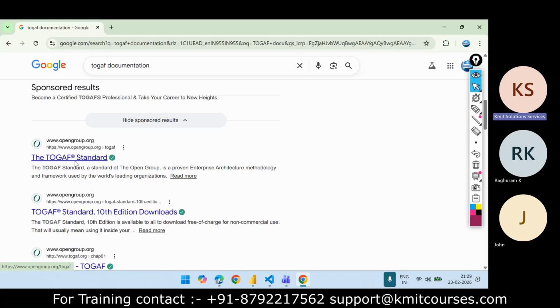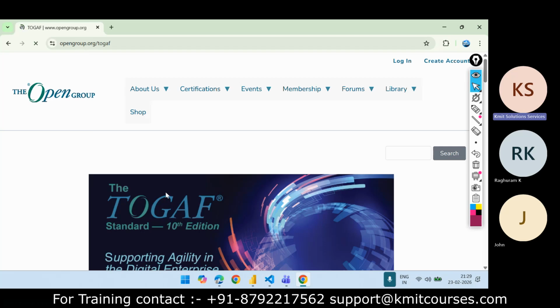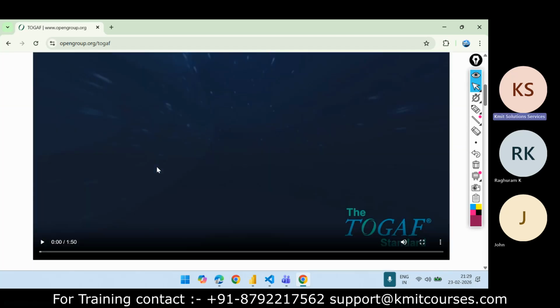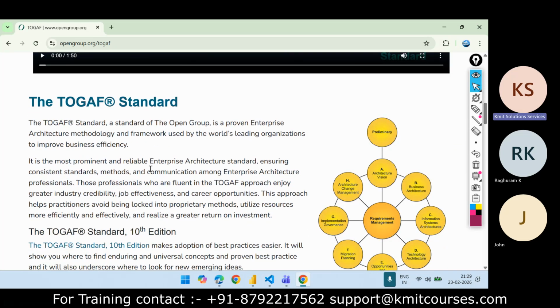You see this one, download the 10th edition if you want to download. Here you will see some documents, and here you can see this is the ADM cycle, and TOGAF. I think I have never mentioned the full form: The Open Group Architecture Framework. So The Open Group, okay, enterprise architecture methodology, right?